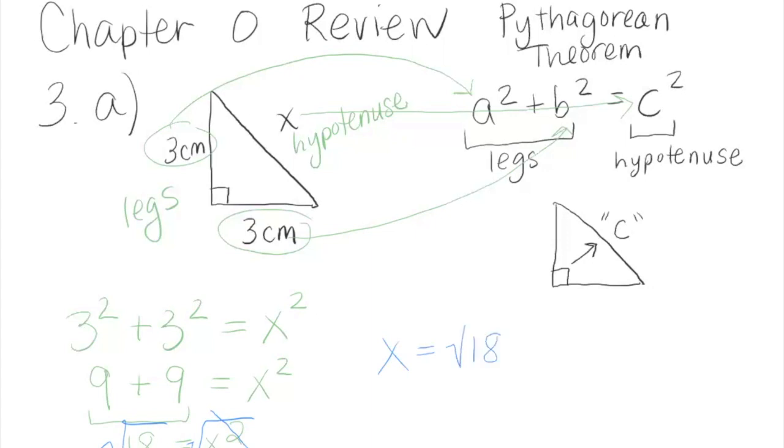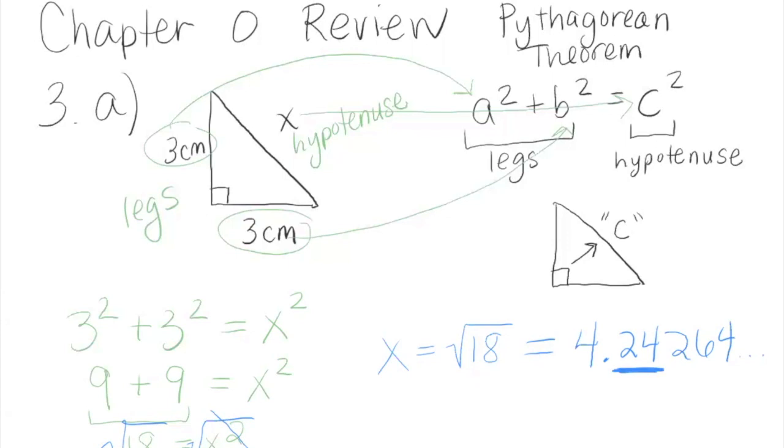And if you type square root of 18 into a calculator, you're going to get a long repeating decimal. My calculator here tells me it's equal to 4.2426, and so on and so on, and it keeps going on and on. Now, if we want to round to just 2 decimal places,